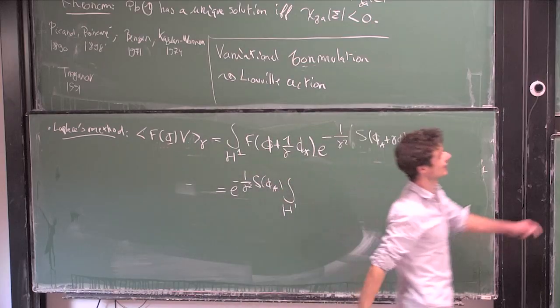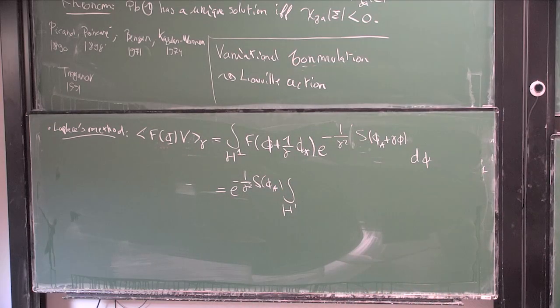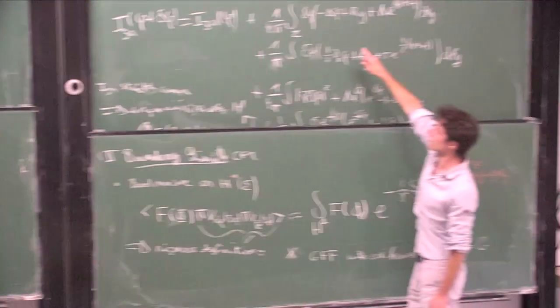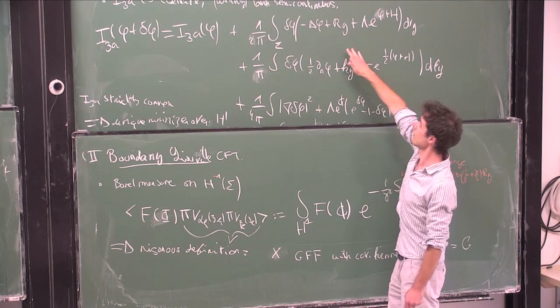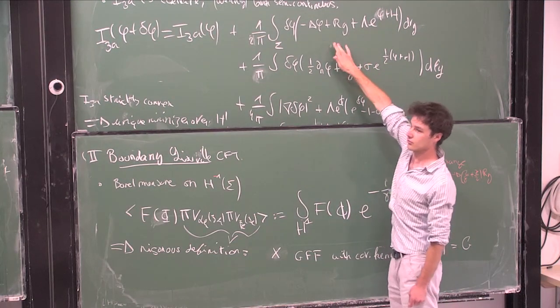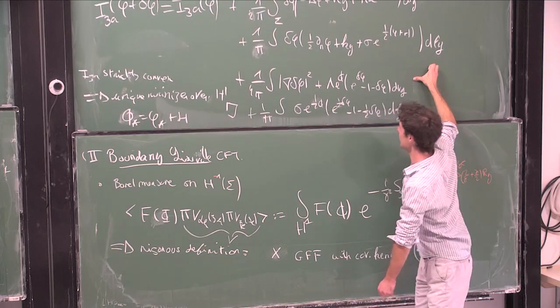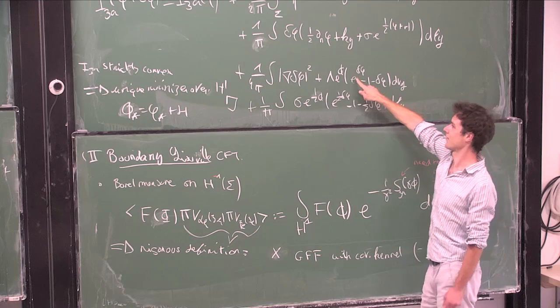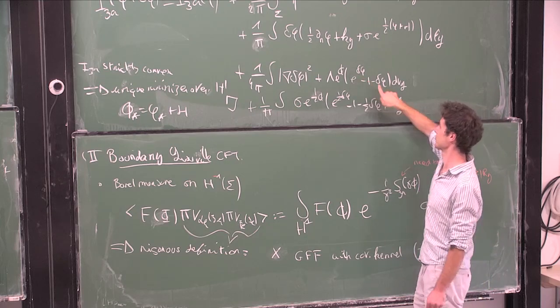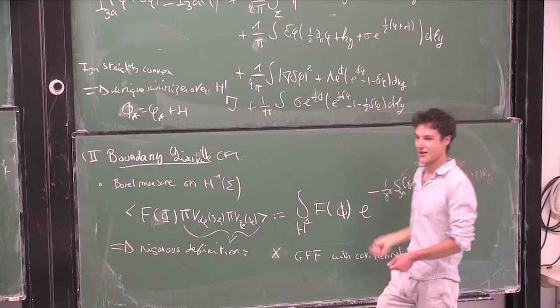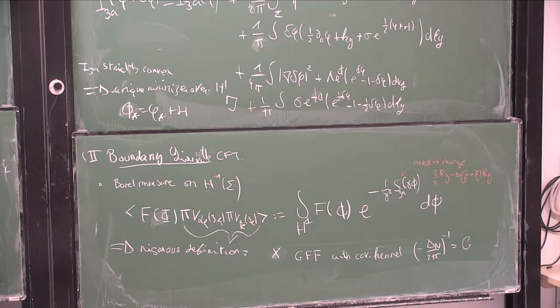But the nice thing is I have this explicit expression. I know already that my first term vanishes because I am at a critical point of the action, so I only have the second term. And then what happens if I take delta phi goes to 0, so I expand the exponential, and what I get in the end